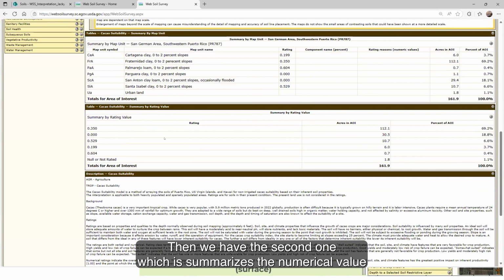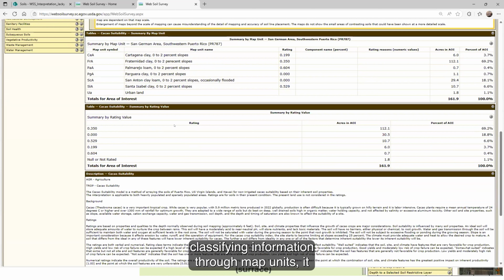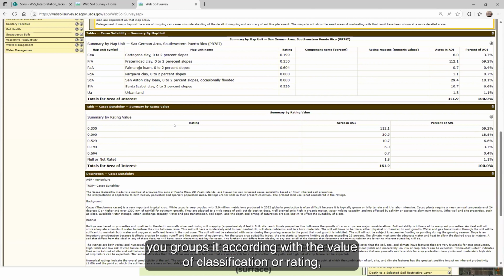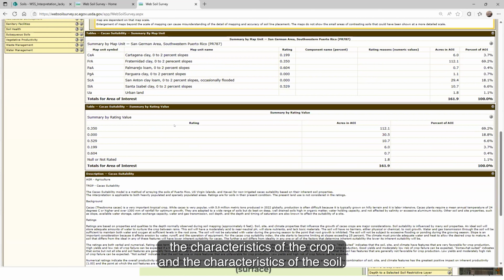Then we have the second one, which summarizes the numerical value of classification for an area of interest. So here, instead of classifying information through map units, it groups it according to the value of classification or rating, and that is the value determined by the climate, the characteristics of the crop, and the characteristics of the soil.